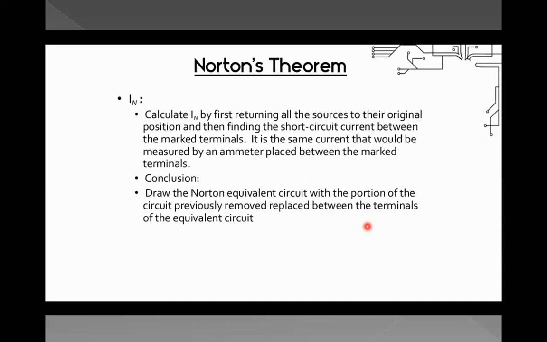First, return all the sources to the original position, because earlier we had made them short circuit. So return all sources to the original position and then find the short circuit current between the marked terminals. It is the same current that would be measured by an ammeter placed between the marked terminals. So what is the conclusion? Draw the Norton